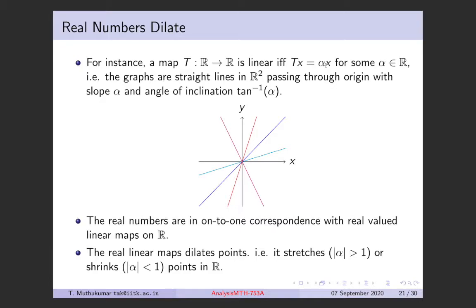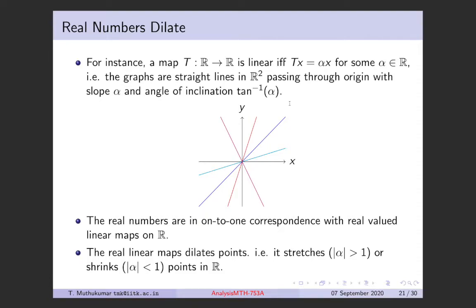And when alpha is minus 1, then it reflects the point, whatever. So basically linear maps on R dilate points. This is a property of the linear maps on R. Okay. Keeping this in mind, now let's look at complex numbers and ask the question, what are the linear maps